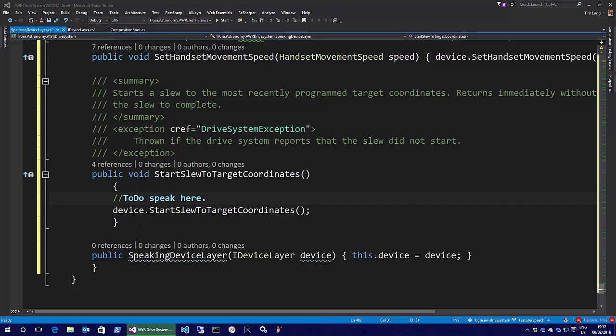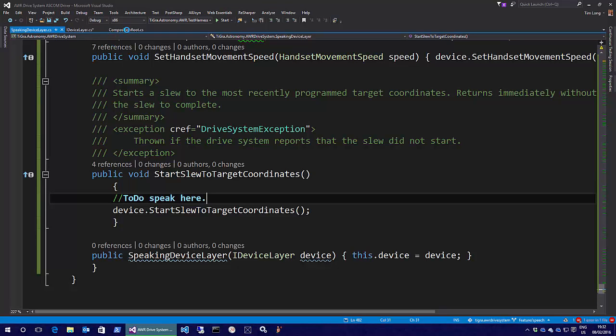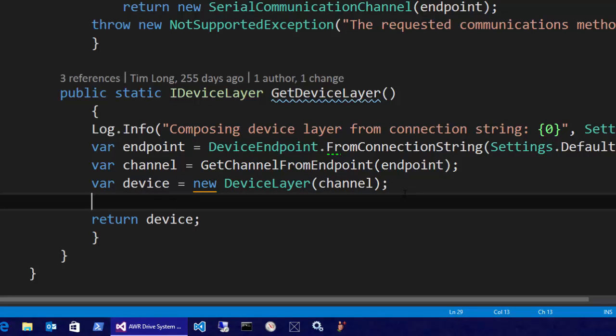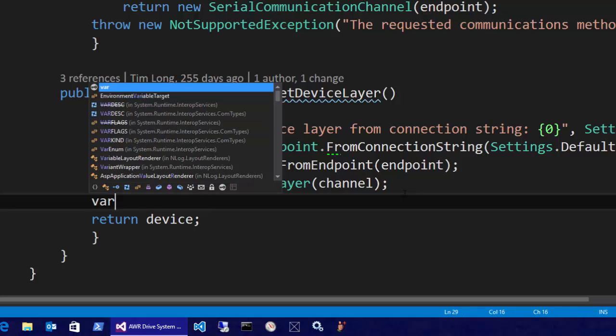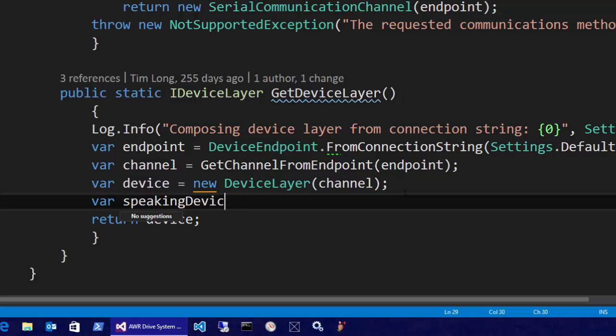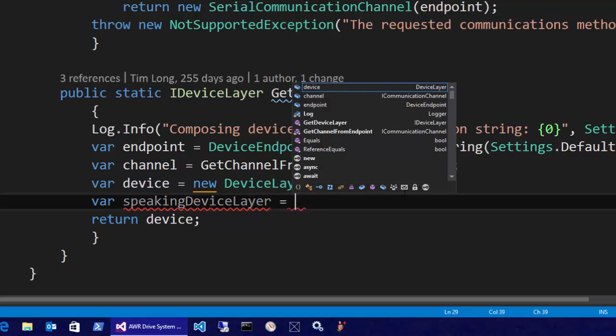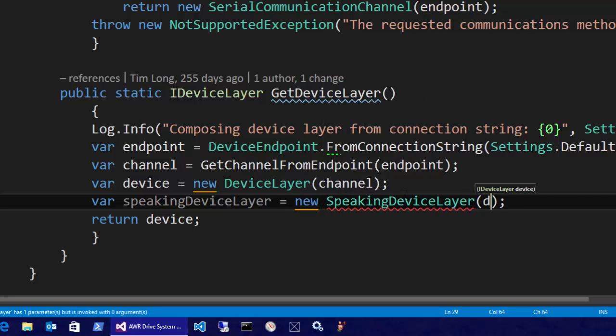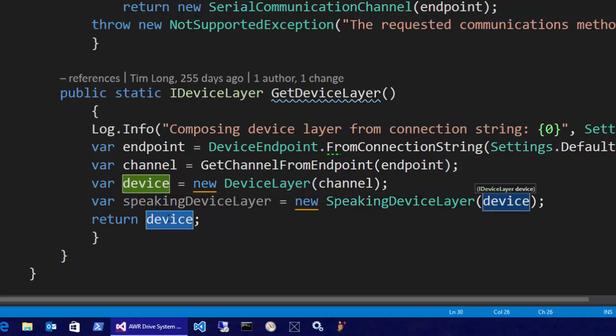Okay, so we're done for now with our speech implementation, and going back to my composition root, all I need to do now to complete the Decorator pattern is to create a new instance of IDeviceLayer, and we'll call it speakingDeviceLayer equals new SpeakingDeviceLayer, and we'll just pass in the implementation that we already had, just so, and then we'll return